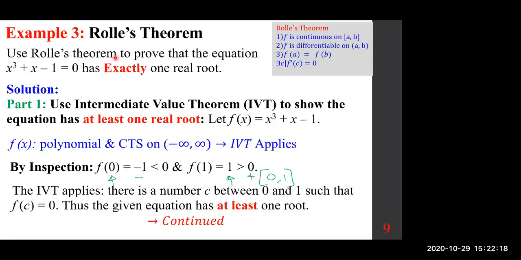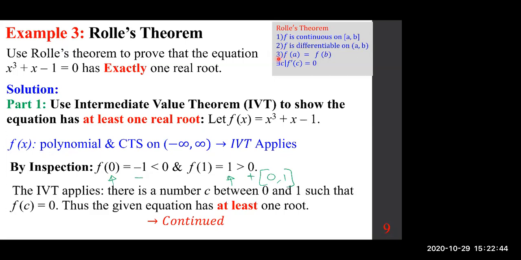So this is the first part. We just proved we do have roots. How many, we don't know yet. But if we use the Rolle's theorem, we are supposed to show that it has exactly one root. Okay? So that means we're going to use all these criteria. Of course, it's continuous and differentiable. Okay? But just to see what's happening,